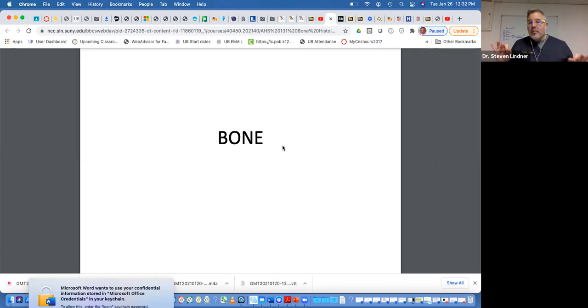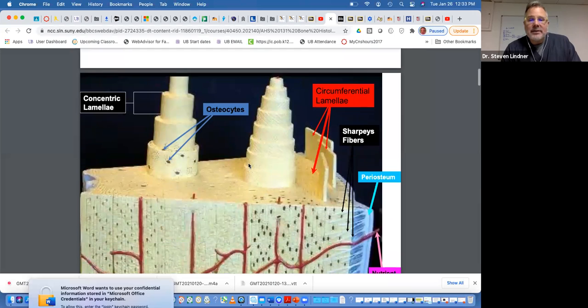Those are very, very long bones, but long bones have unique characteristics to it. They all have a proximal and a distal epiphysis, which are the knobby parts of long bones. And then they have a shaft in the middle. So they both have a proximal and distal epiphysis with a shaft. And the proximal and the distal epiphysis are spongy bone. The shaft is compact. And when we talk about compact bone